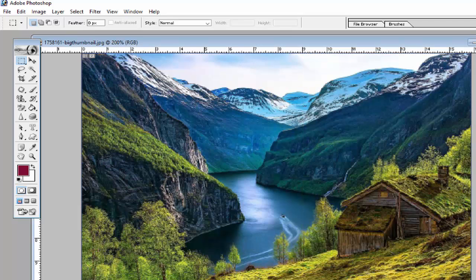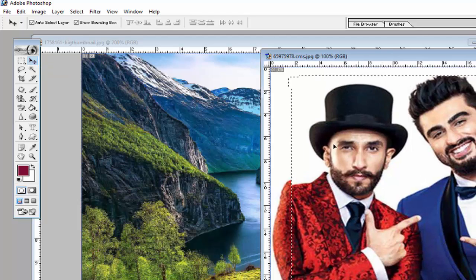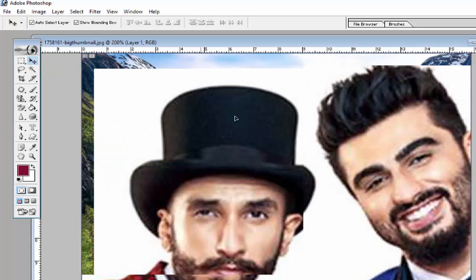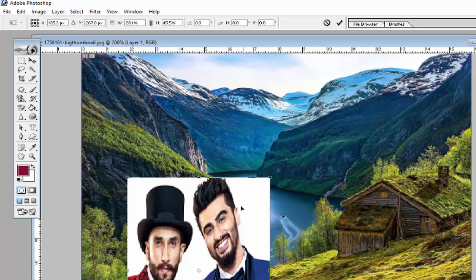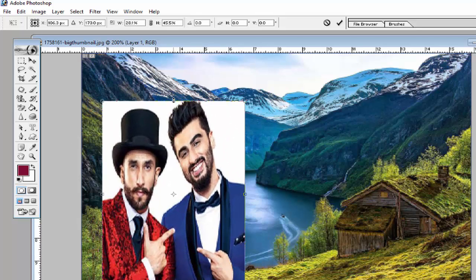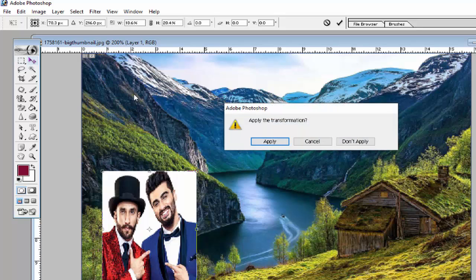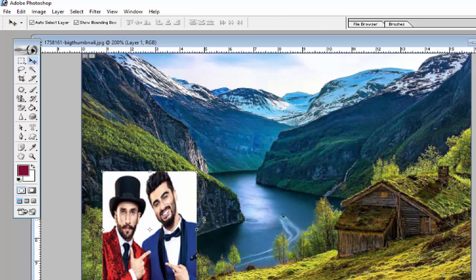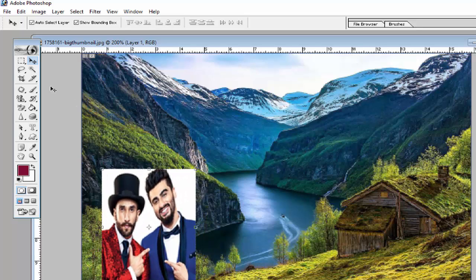or if you want to drag this selected part of the image into this image, you can use the move tool, shortcut key V, and drag this image like this, and this image will be visible in this part of the image in rectangle form. And you can decrease the part of this image from these points, and click on this move tool to fix the image. So this is a way to insert the image using the rectangle marquee tool.